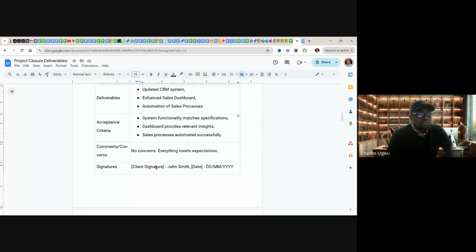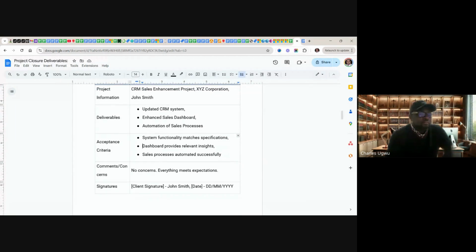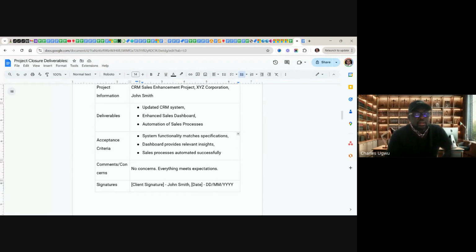And then they provide their signature here, John Smith, and the date. That's it. Once you've secured this document, then you've brought this project to an end. Once this is done, the project manager will then take it from here and start every other necessary closure step needed,